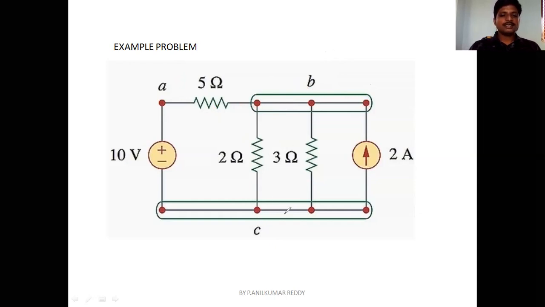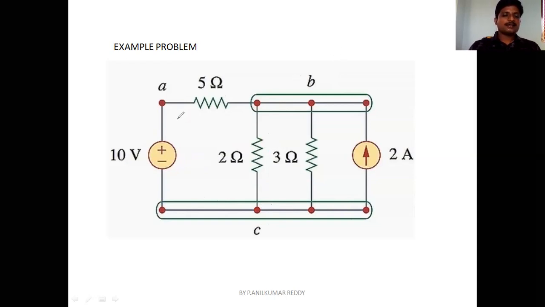Similar explanation for node C. See here, for node C, this 10-volt source and this 2 ohm resistor are connected at this point. And this point is connected to this point with a straight line. Therefore, we can treat these two dots as a single node, and name it C. Similar explanation for this straight line and this straight line. Therefore, if two nodes are connected with a short circuit, then you have to consider it as the same node. So that is one point I want to make.